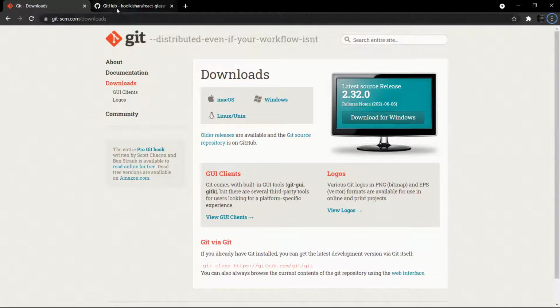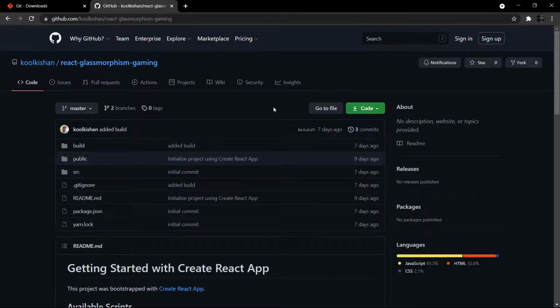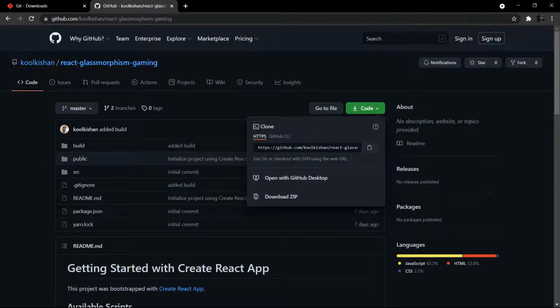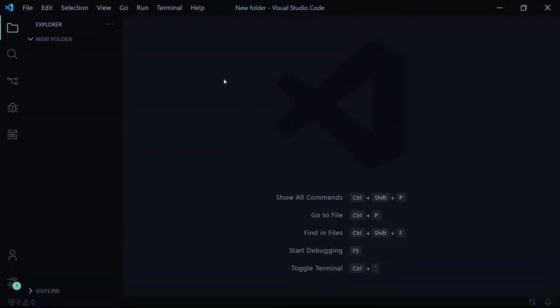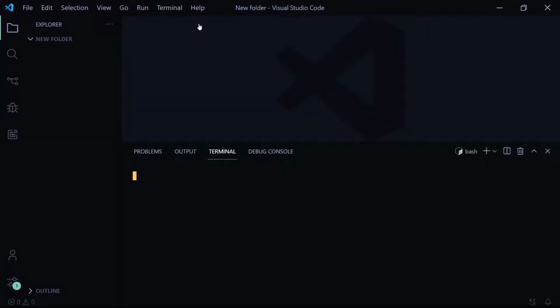Now head over to the Git repository which you want to clone. Now go to this code button and click this icon to copy the HTTP URL. It has been copied. Now I'll head over to my VS Code and open up a new terminal and I'll